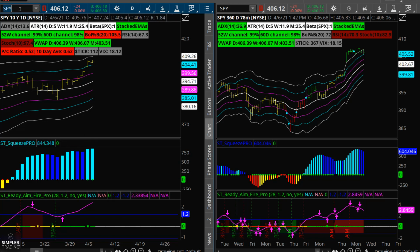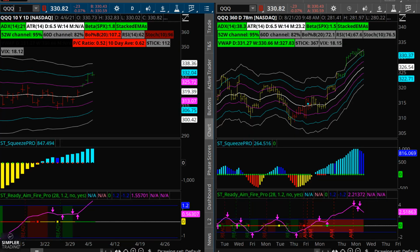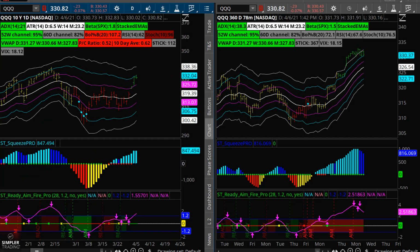If we do take a look at the Qs, the QQQ, this one, I think, has a little bit more upside here for a couple reasons. One, we've got a squeeze here, the Squeeze Pro that hasn't fired. We've got a beautiful head and shoulders reversal pattern, and we've got a lot of the big FANG stocks that